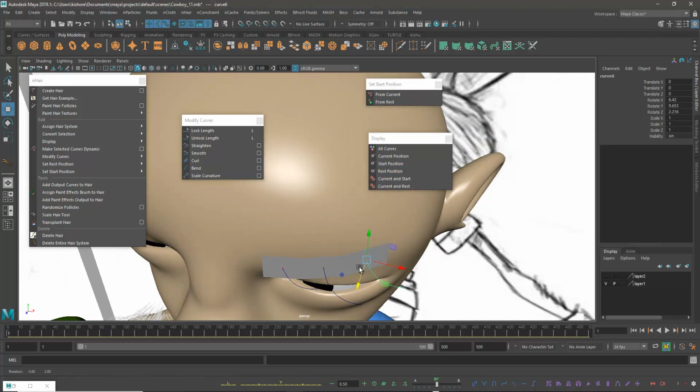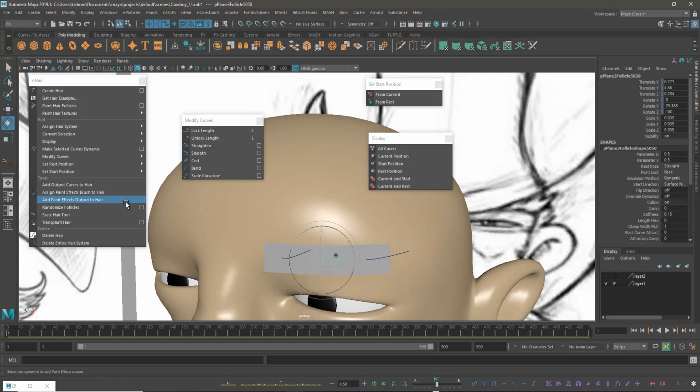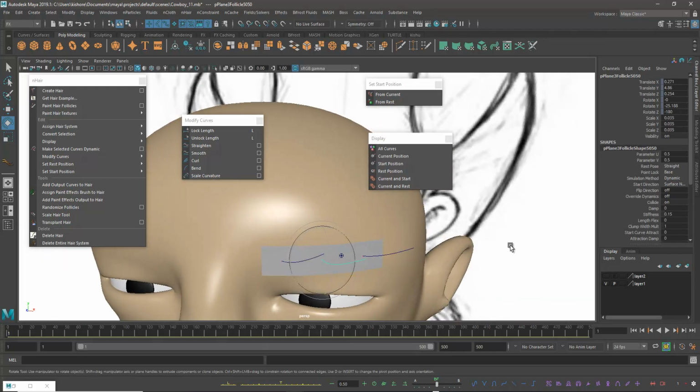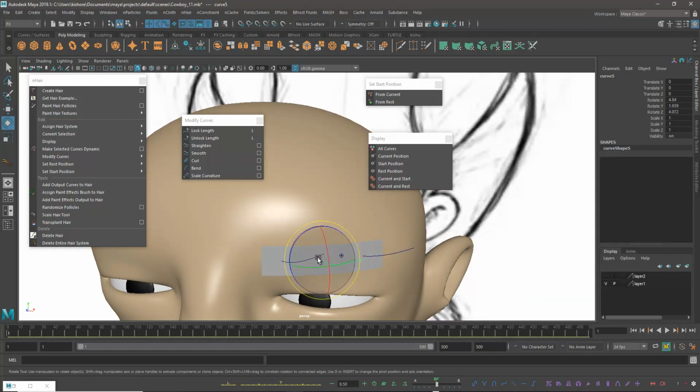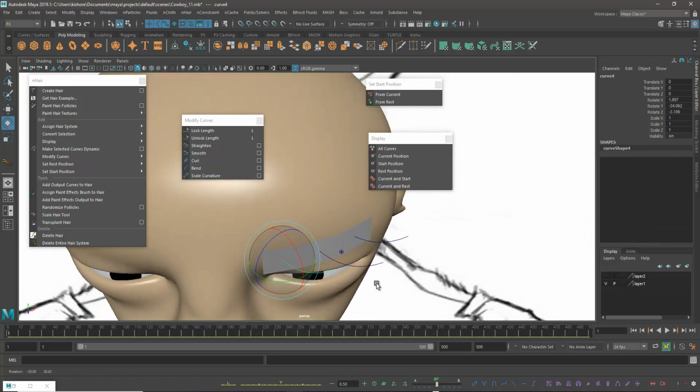Still we can do a lot of tone a little bit like this. Should not select follicle, should select only hair. Okay, something like this.